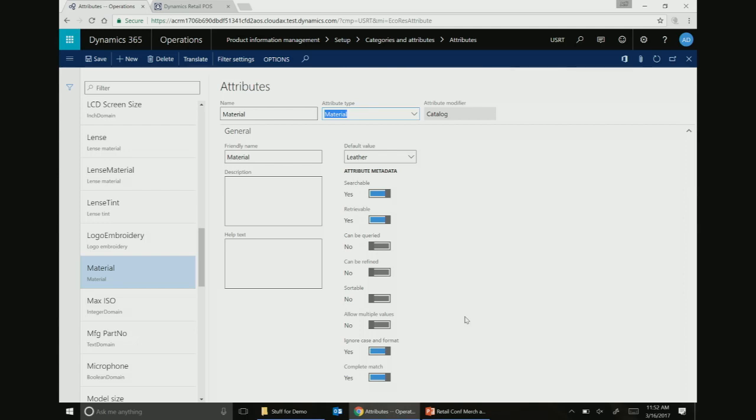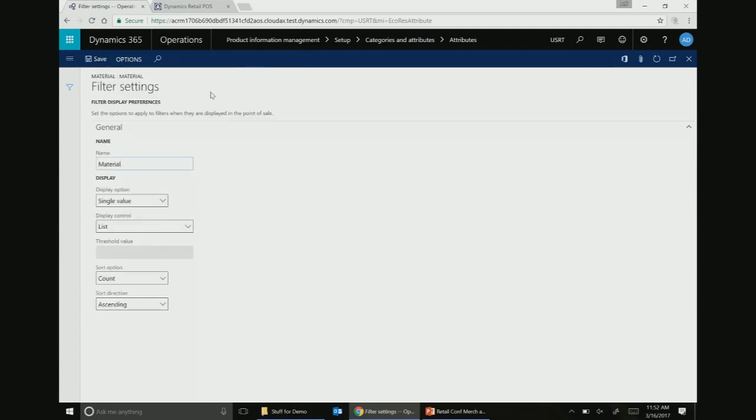as far as how and which ones, and the experience for searching based on attributes. To me, the important one here for point of sale is whether it can be refined. So I can set that this one can be refined. That is key to point of sale picking it up as a refiner, but that's not it. Just selecting that alone won't do it either. You actually need to set these filter settings as well. And what I found, and this could possibly just be a bug, is even if you just leave the defaults here, you still have to open this and save it. Basically, opening this form is going to populate that data, and if you don't,